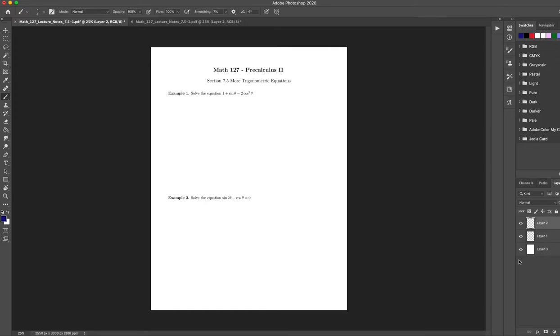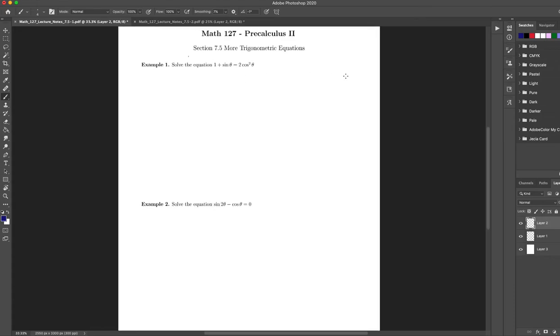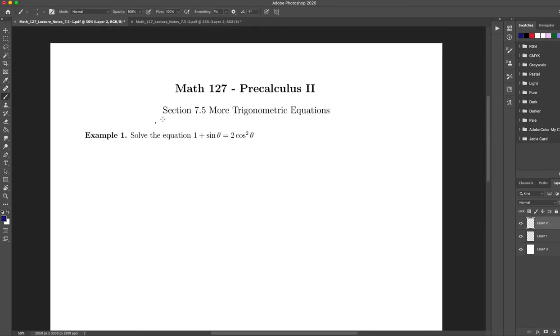Section 7.5, more trig equations or advanced trig equations, however you want to say it. Go ahead and zoom on in. So we have section 7.5, more trigonometric equations. And here we're going to have to just learn a couple of new tricks. Remember our steps is to make trig equations look like something that